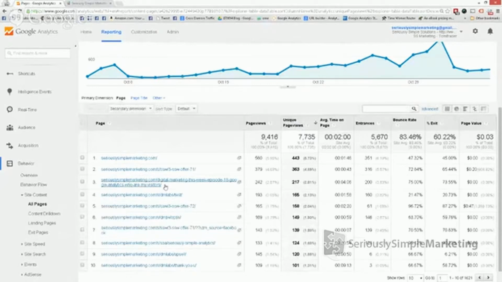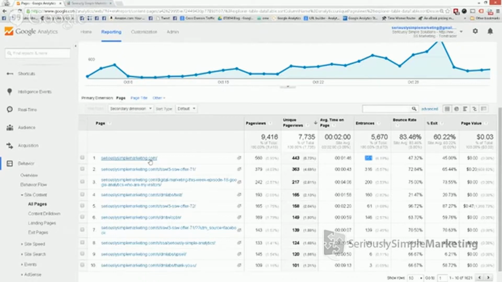Next up was this, we saw a nice little spike on digital marketing this week for who are my visitors, right? So we saw that. And you can come through here and see, are the pages working? So let's see, our home page, people are spending about a minute and a half on. We've had 351 people enter on this page. So this is basically the landing page. This is the first page that they saw in their particular session. About half of them clicked through to something else, about half of them didn't. And then we saw about, which would make sense, about half the people exit on this page. So this was the last page that they saw.